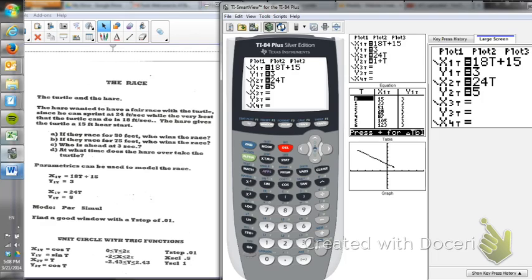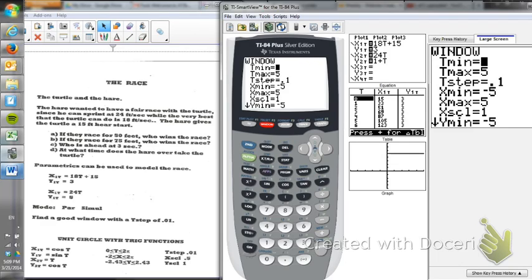Now what this is going to do, the top equation is going to be the equation for my turtle, because the turtle is going 18 feet a second and has a plus 15 for the head start. The 24t is going to be the equation for my hare, because it's going 24 feet a second. The 3 and the 5, if you notice, don't have variables, so they're going to be constant. So this is going to give me two straight lines, and I'm going to be able to watch